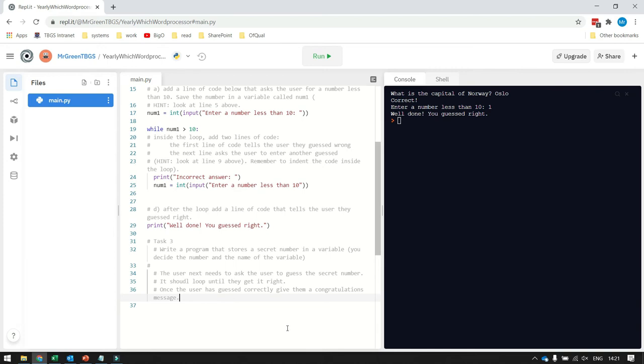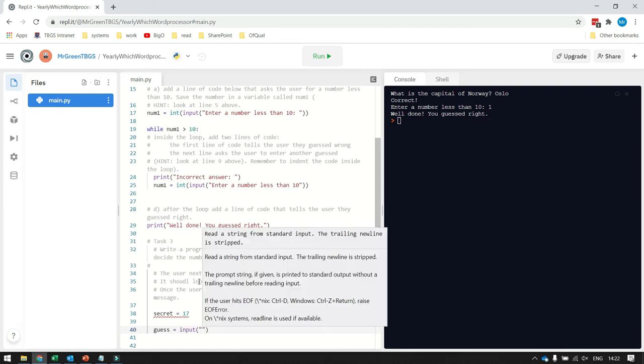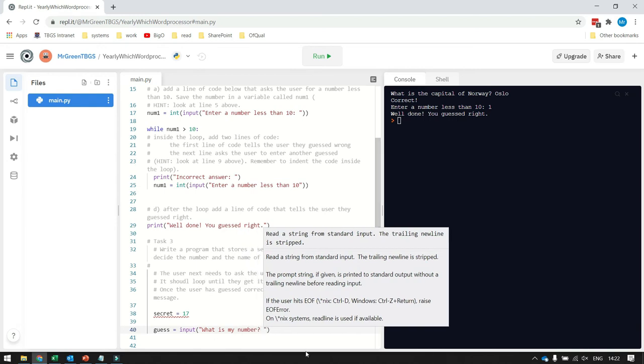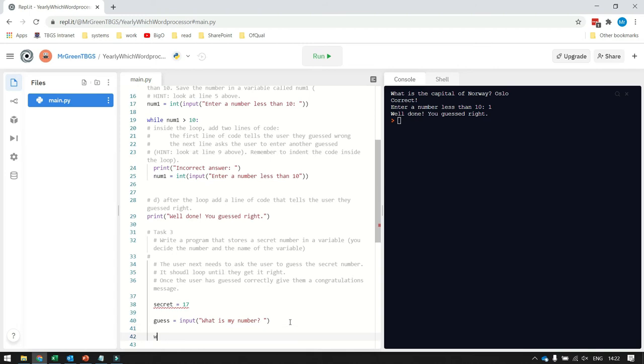So we're going to have a secret number. So I'm going to call my number secret. And I'm going to say it's 17. Then I'm going to say guess equals input, what is my number, and I'll let the user enter their guess. And then I'm going to say while guess is not equal to secret,